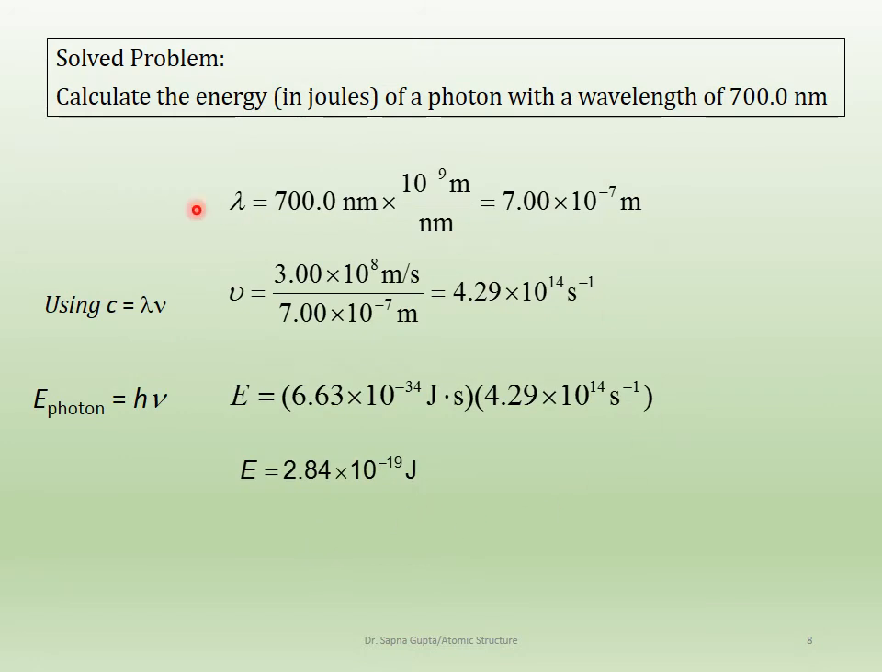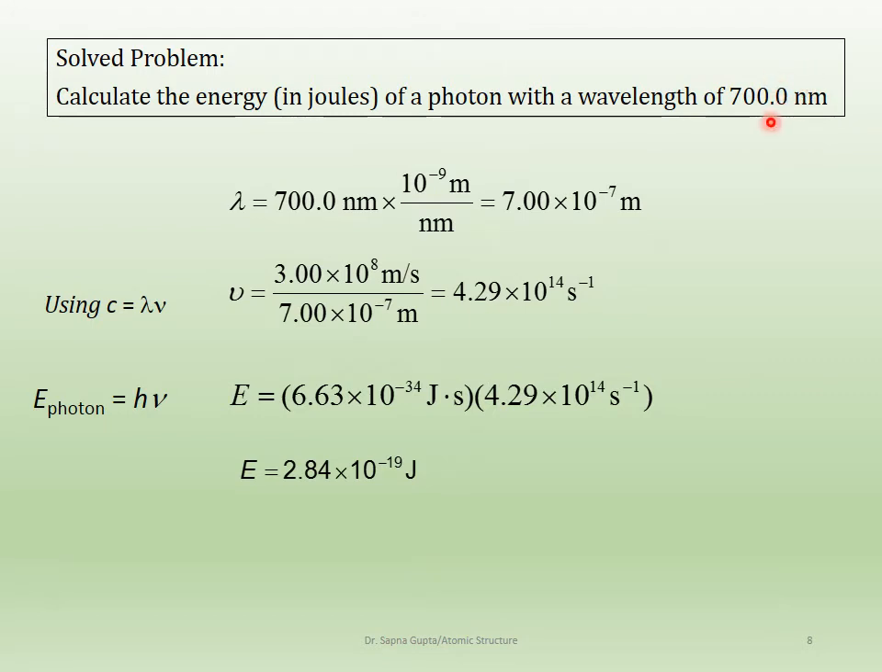So let's look at a problem over here, which is trying to calculate how much energy there is in a photon with a wavelength of 700 nanometers. Now you might think, oh my goodness, I'm not given any other information. And that is because the other two pieces of information you need are constants. And so you start with the